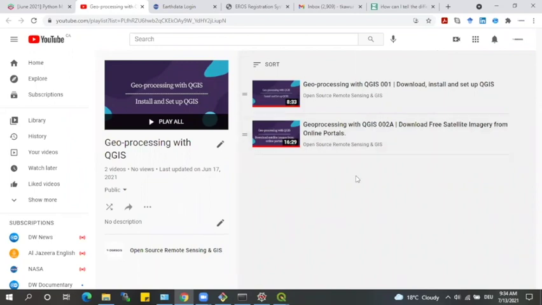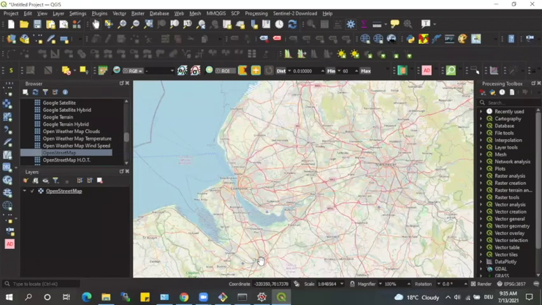In the previous video, we looked at how and where to download free satellite data, mainly based on online platforms. In this one, I want to show you how you can achieve the same process right from within QGIS without having to open a web browser. So QGIS comes with very useful plugins for processing data, but also for bringing in data. And for downloading satellite data, there are a few plugins that are available that are very useful.